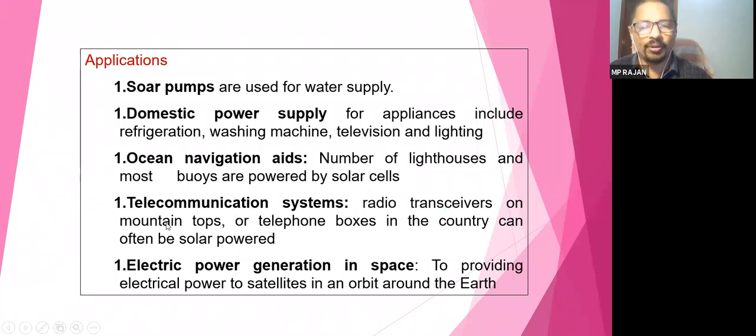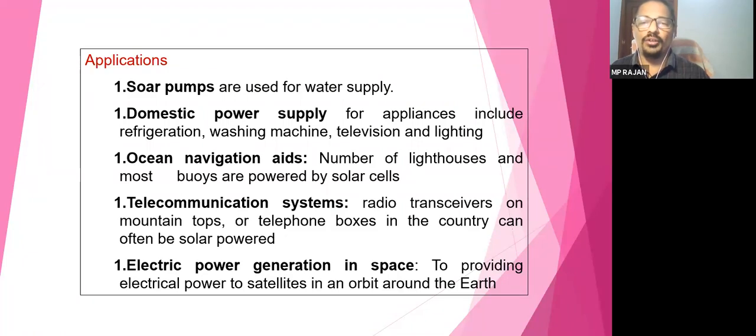Where you need DC power supply, you can use the solar supply directly without the help of an inverter. Okay, so like DC lights, communication systems. Here you can directly take DC power supply to a charge controller from the solar panel. If you want AC supply, the only thing you require is an inverter. That's it. So these are the main applications for solar panel. It is getting popular day by day.